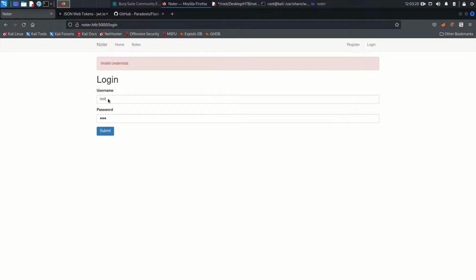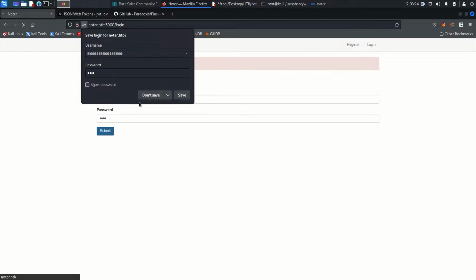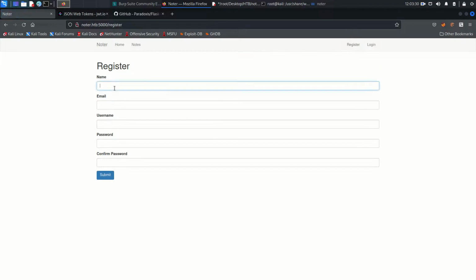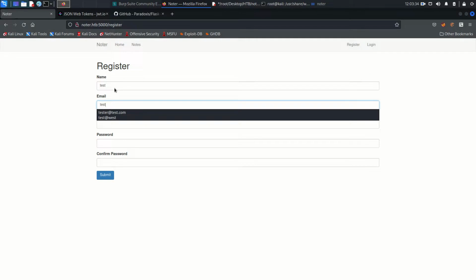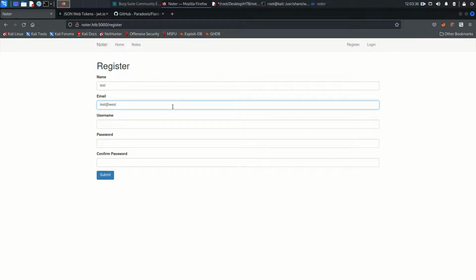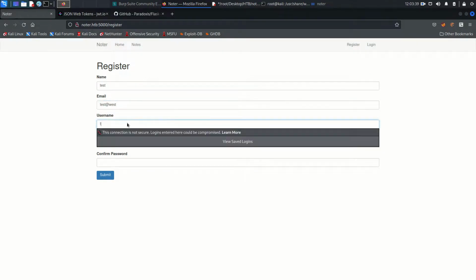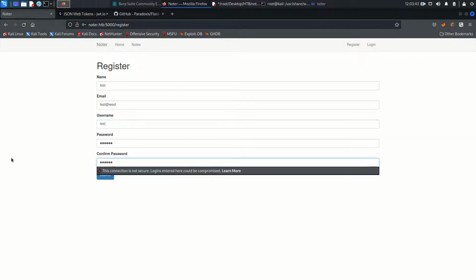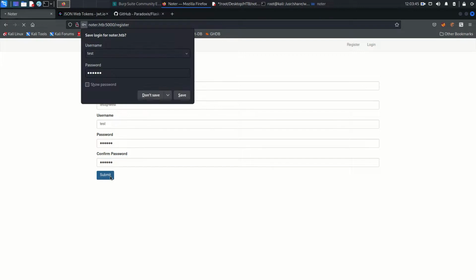Maybe it's deleted. Yeah, maybe the application deleted the user. So let's make it one more time. Test test at west, username is test, password is 123456, confirm password 123456. Submit that